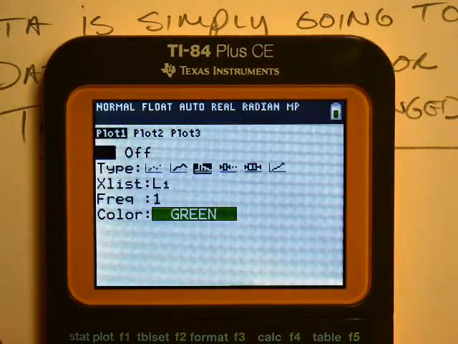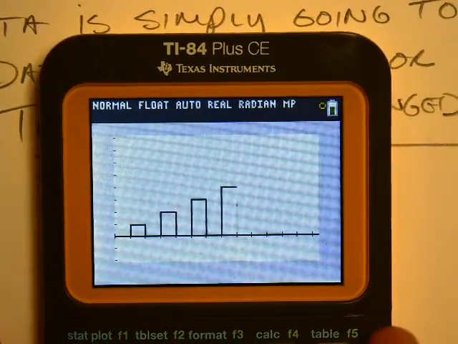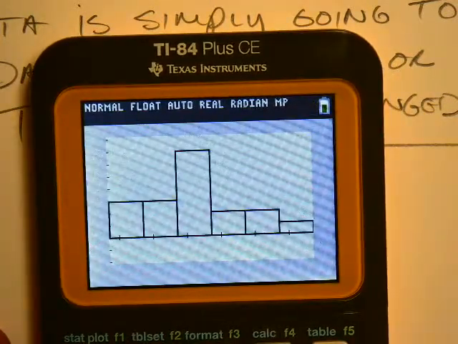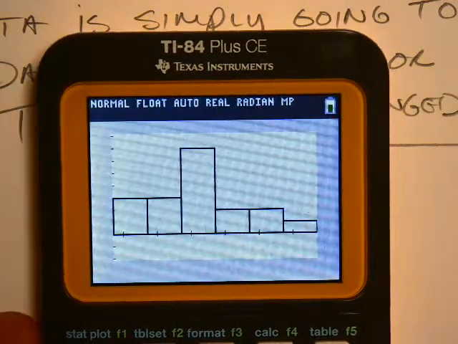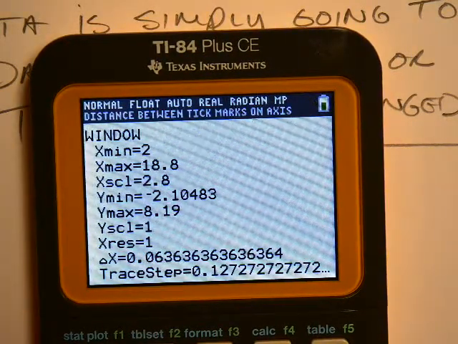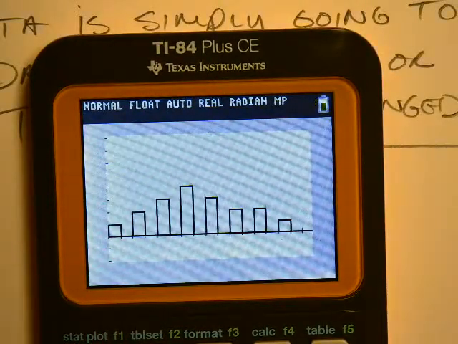I was just going to graph the 1. Yeah, it'd be real busy. So if I graph that, but then I change that scale to 1 again, what happens is